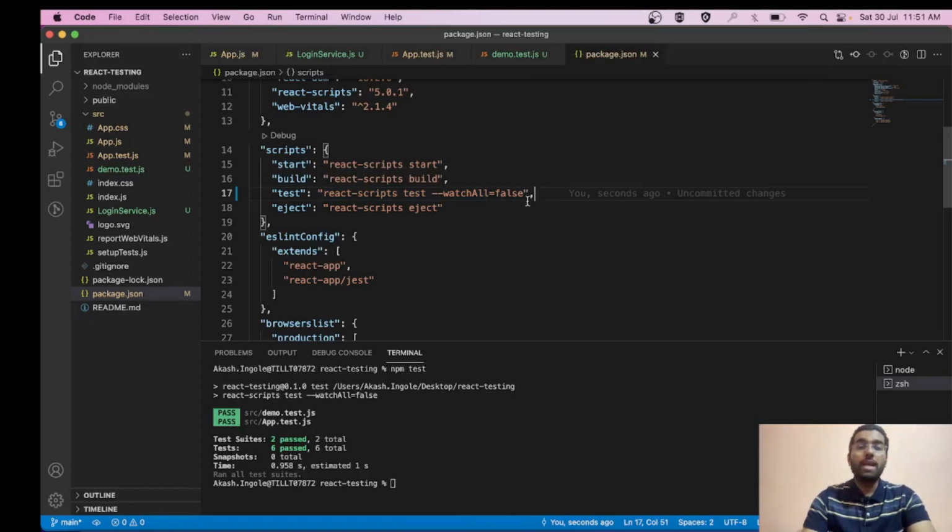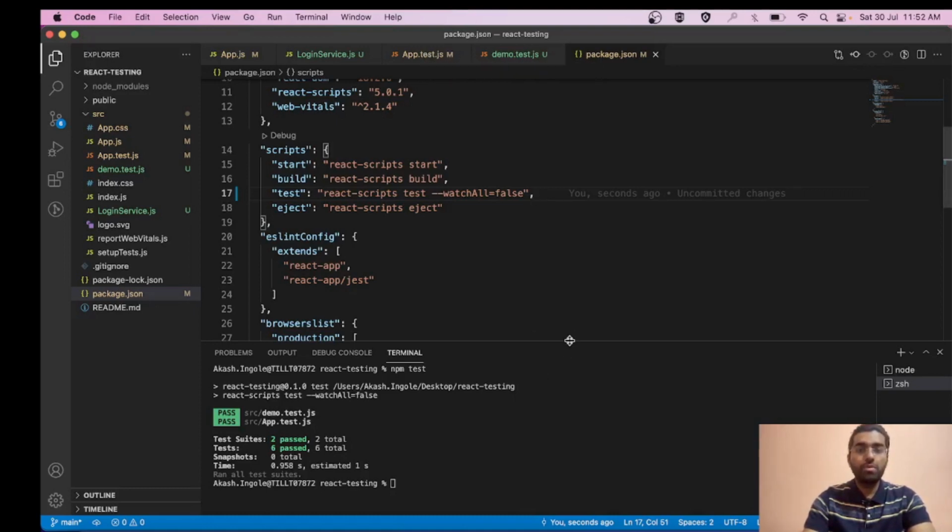Another thing, friends, that I want to show you is how you can print the coverage, how you can see the coverage of your code. Code coverage is nothing but what amount of your code has been tested. In simple language, the number of lines your test cases have covered is your code coverage.